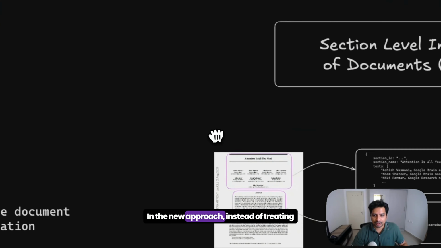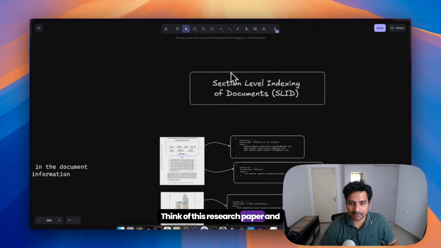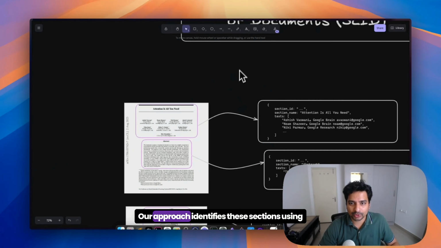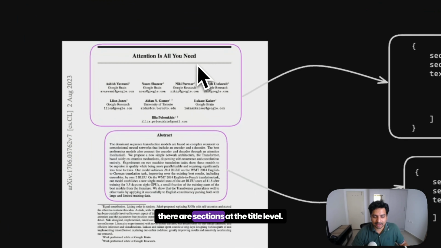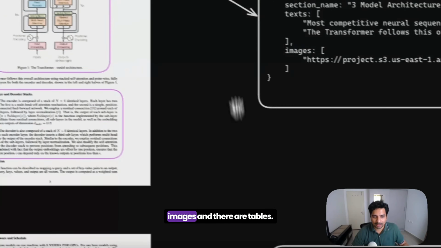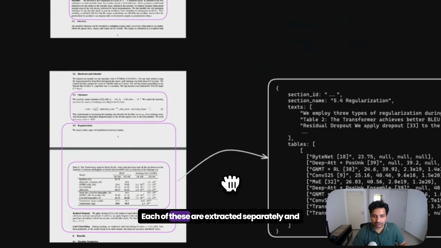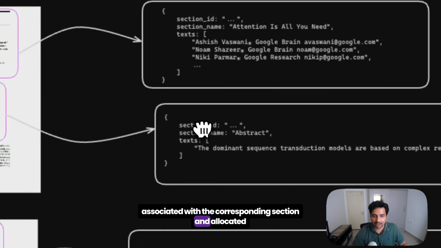In the new approach, instead of treating a document like a single text file, we break it into logical sections. Think of this research paper: it has titles, abstract, methodologies, results, conclusion, and different sections. Our approach identifies these sections using heading markers like H1 and H2. Here you can see on the left, there are sections at the title level, at the abstract level, there are images, and there are tables. Each of these is extracted separately and associated with the corresponding section and allocated a unique